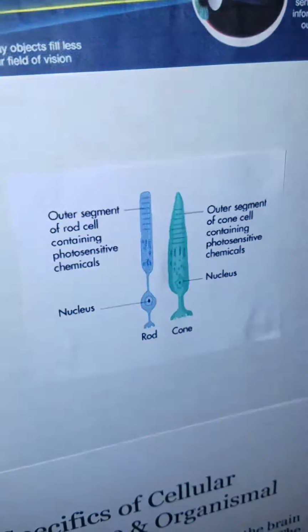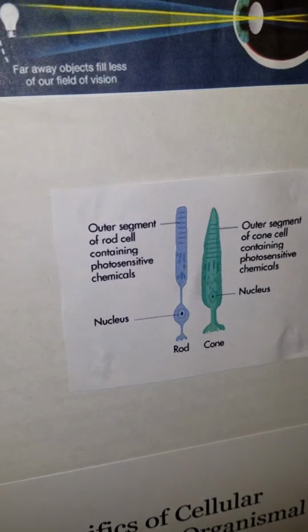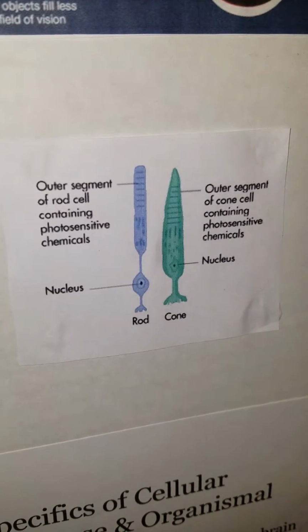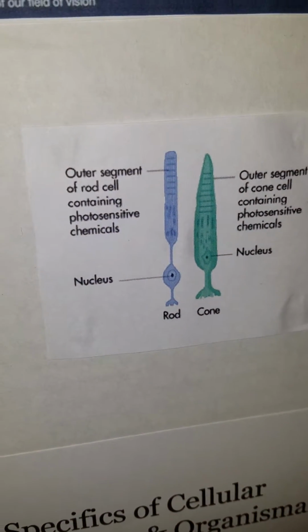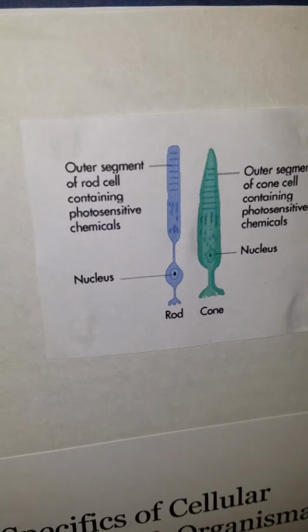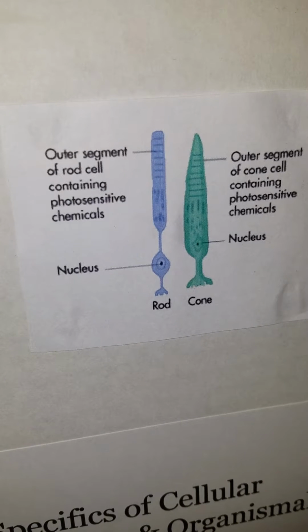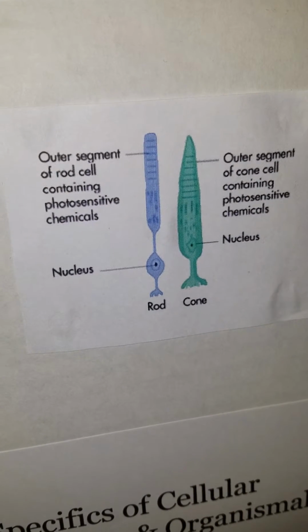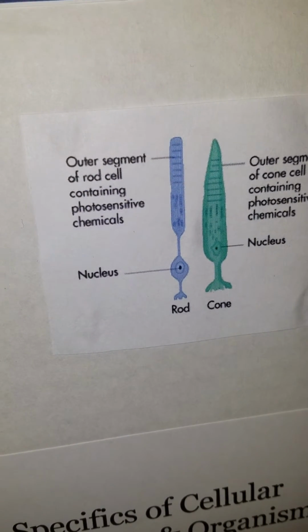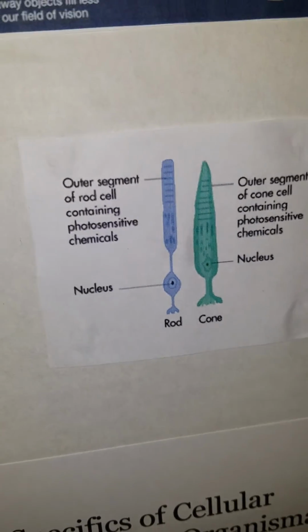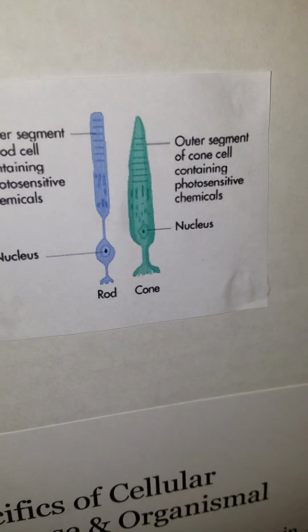So, the two types of structures for the two types of cells in the retina are the rod cell and the cone cell. They're kind of opposite shapes. The rod cell has a nucleus on one side, and then on the other side it has the photosensitive chemicals which receive the images and colors, and